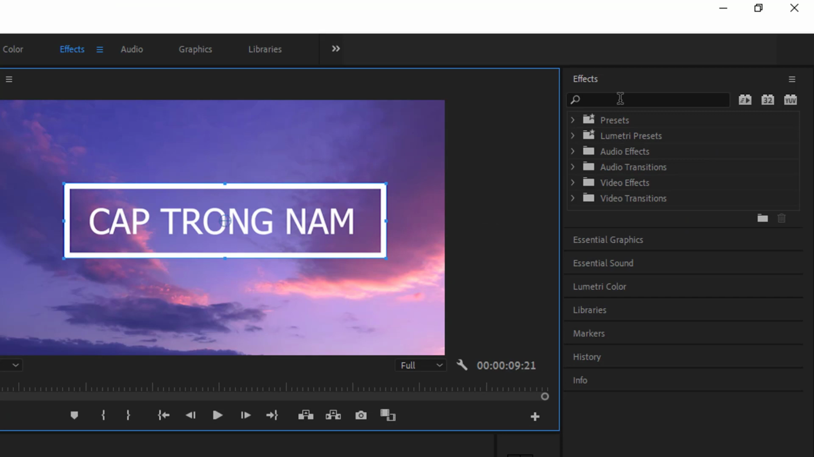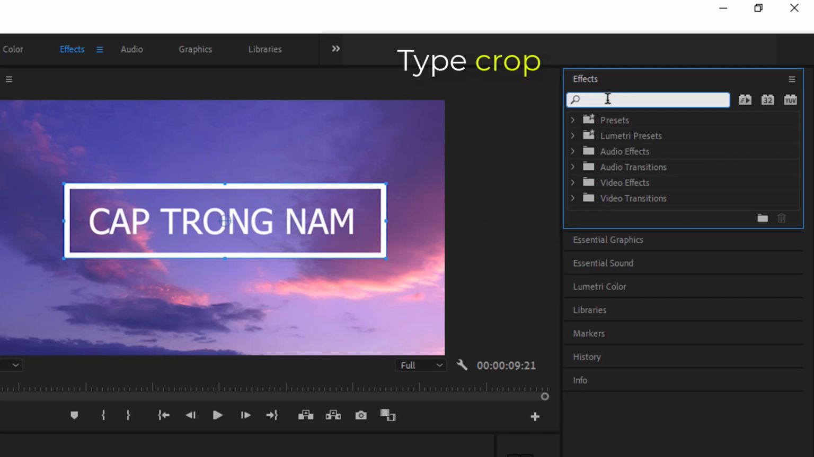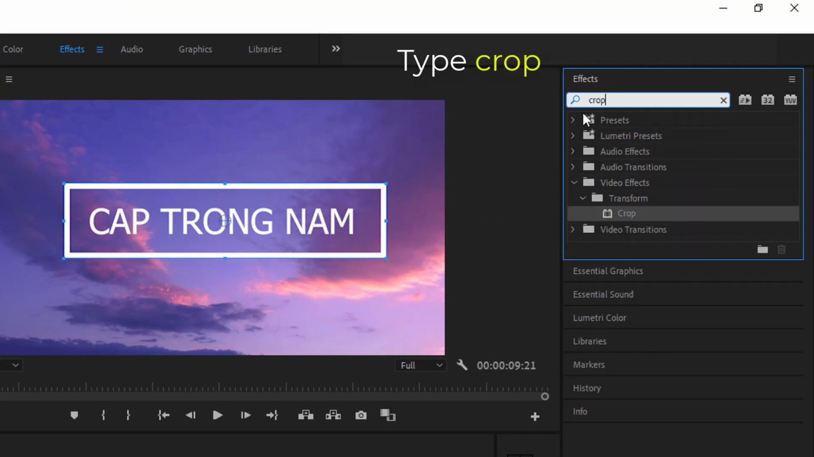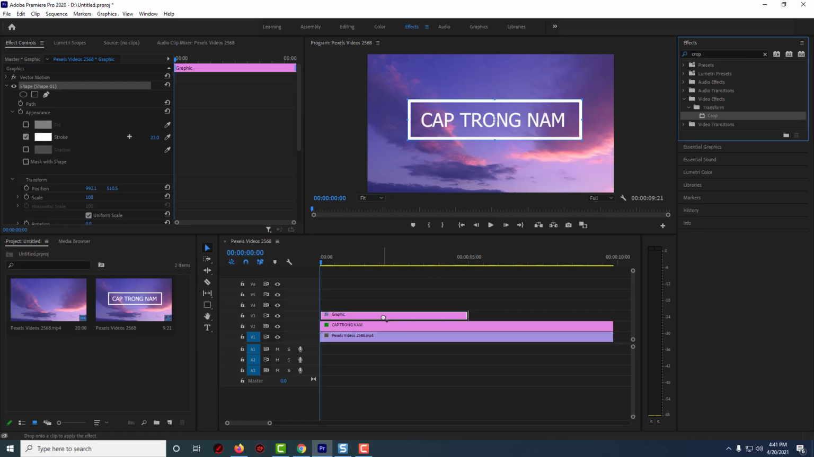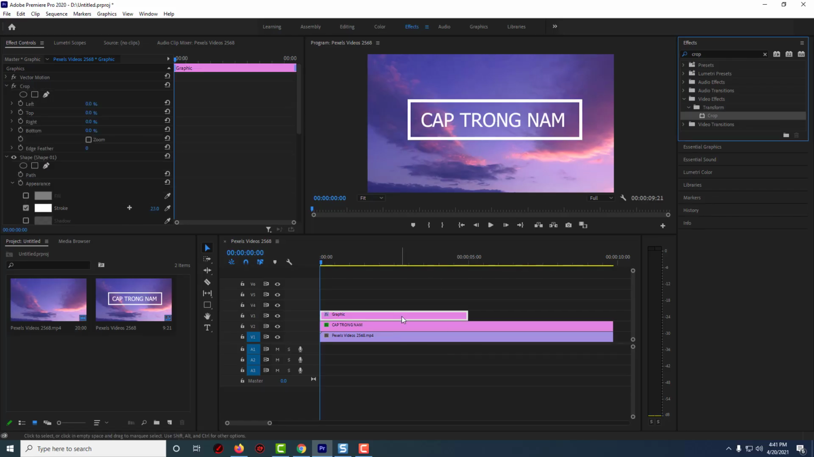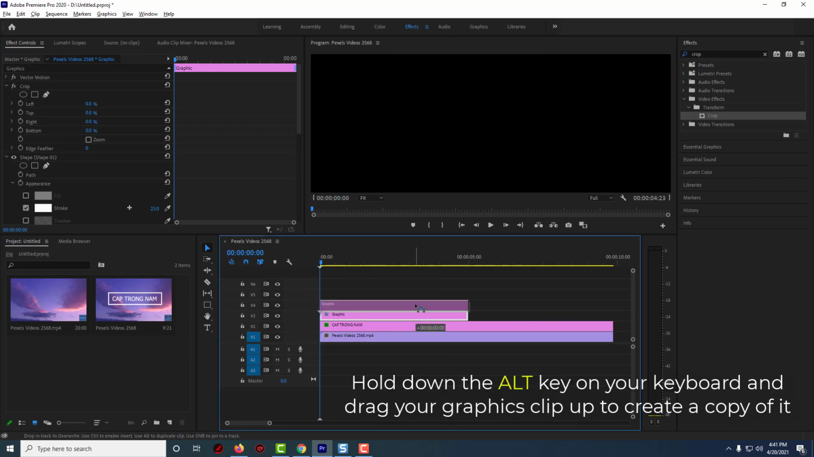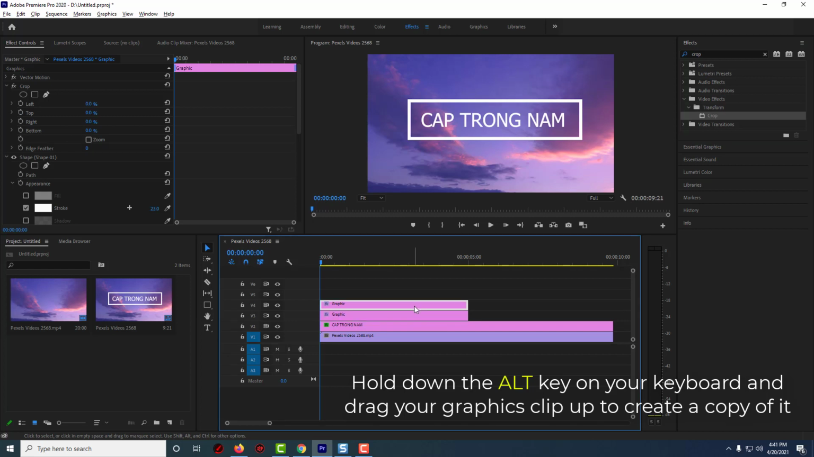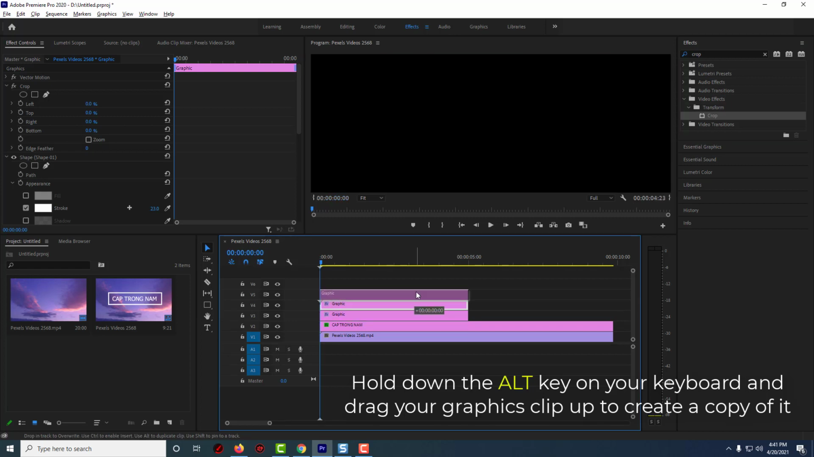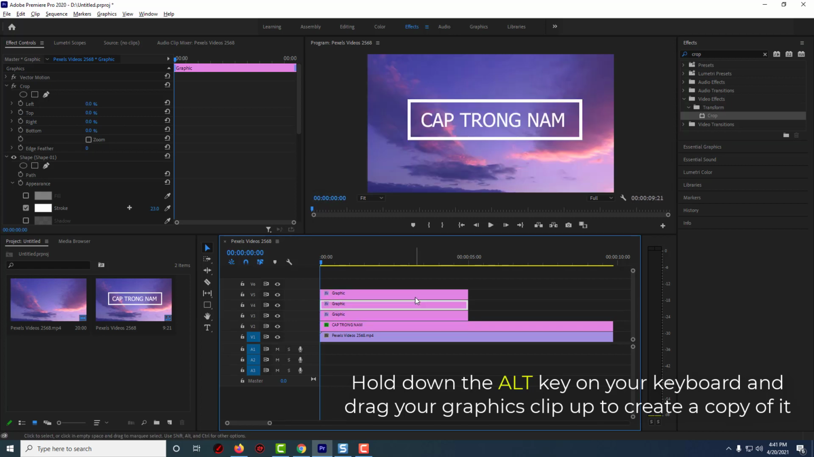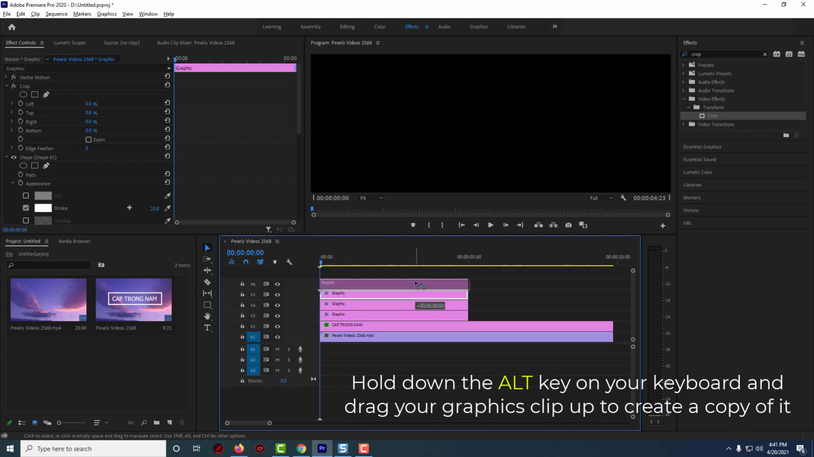To animate the rectangle, we'll need to go over to the Effects panel and type Crop into the search box. Drag the Crop effect onto your graphics clip on the timeline for your rectangle. Now while holding down the Alt key on your keyboard, drag your graphics clip up to create a copy of it. Do this 2 more times so that you have 4 copies of your graphics clip